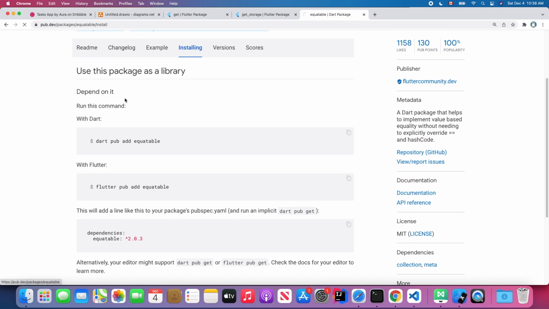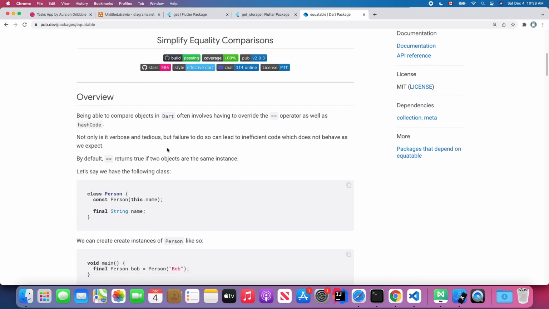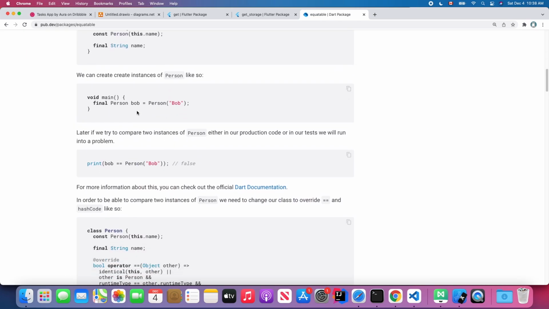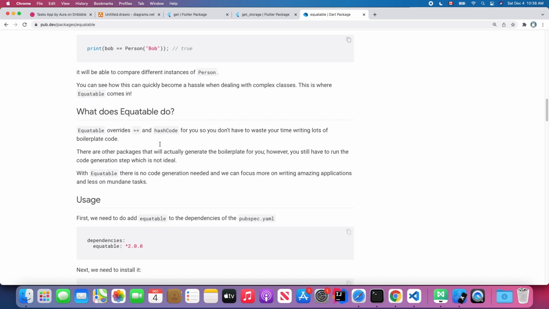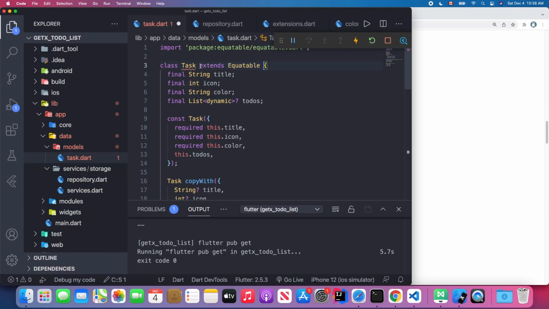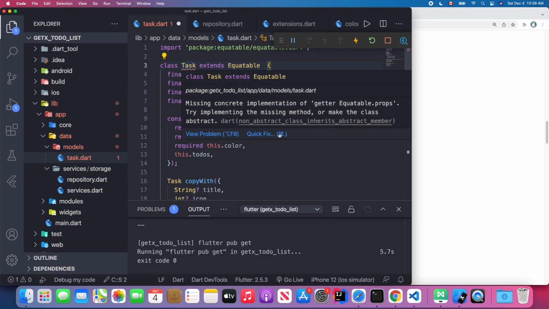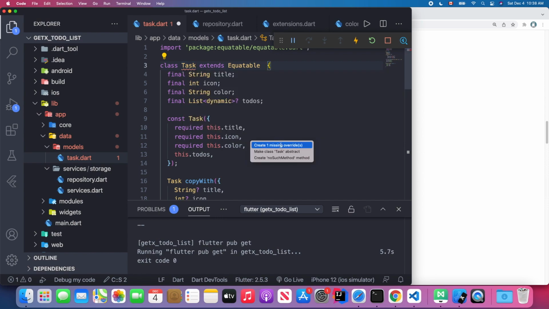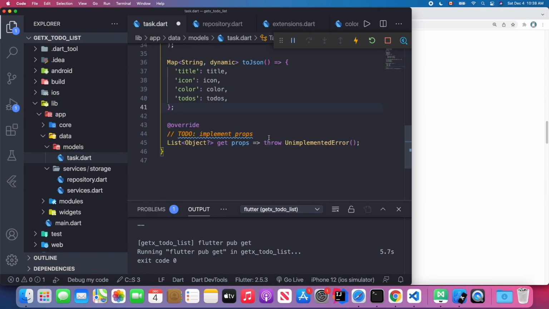Then we're going to extend Equatable. So just follow the README file. We'll paste here, and we'll override this method, which is this